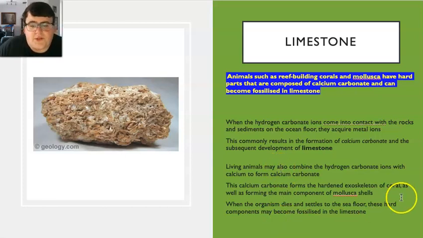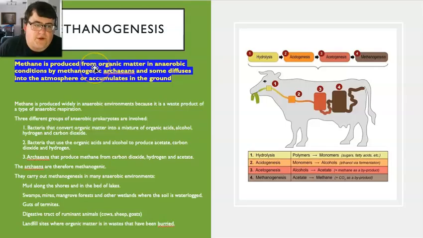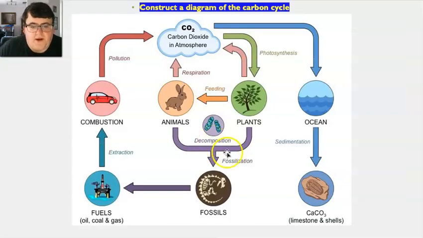When those organisms die, those hard calcium carbonate products will fall to the sea floor and may become fossilized in limestone. So we can also see in this limestone lots of little shells, and those are the mollusk shells, etc. that have been fossilized in the limestone. Going back to this one here, we've now covered